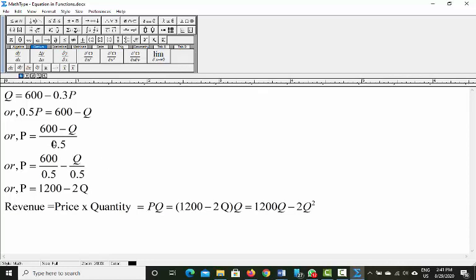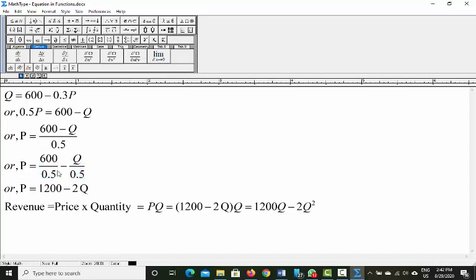So that means we can write it like that. We can divide this 600 by 0.5 and then have a minus q divided by 0.5. That way we can split each part, because if you split it also, 0.5 is the LCM, and you will get 600 minus q back. So if you have something like that, we can split it that way: this one divided by 0.5 minus this one divided by 0.5, right?